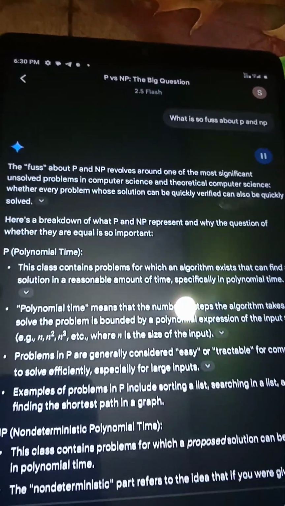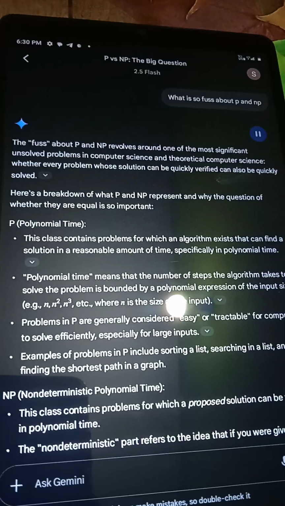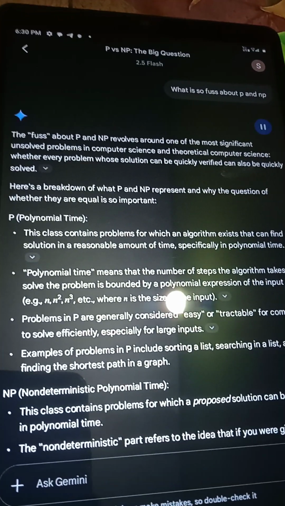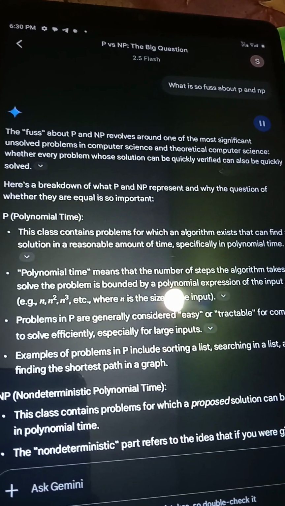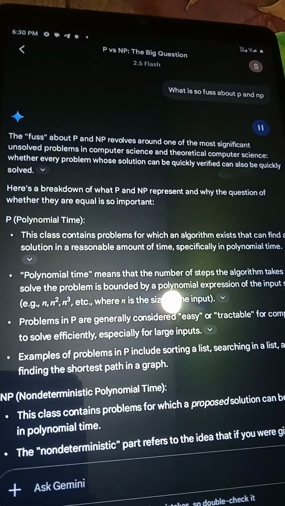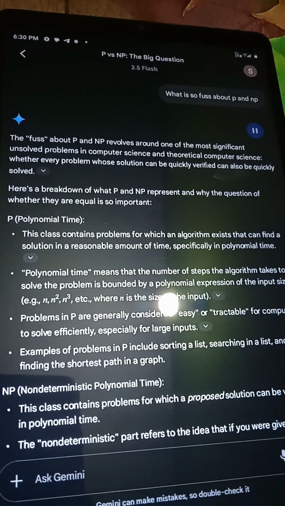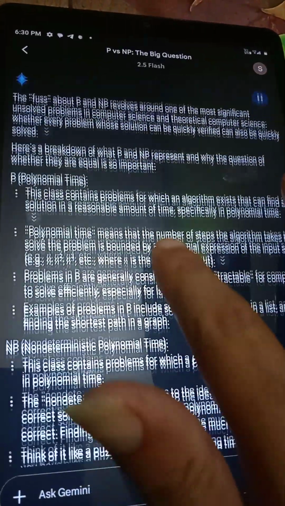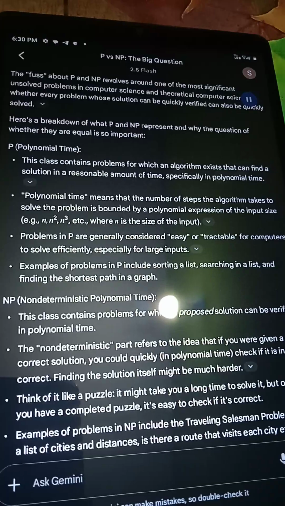The fuss about P and NP revolves around one of the most significant unsolved problems in computer science and theoretical computer science. Whether every problem whose solution can be quickly verified can also be quickly solved. Here's a breakdown of what P and NP represent and why the question of whether they are equal is so